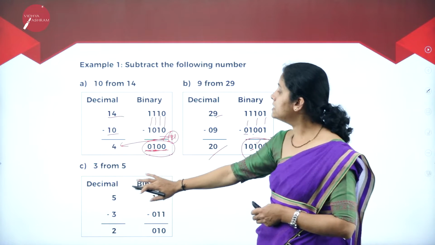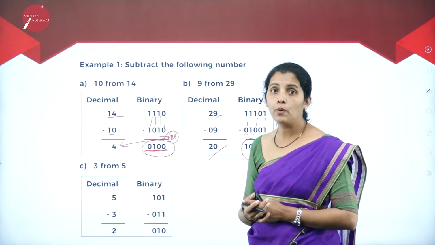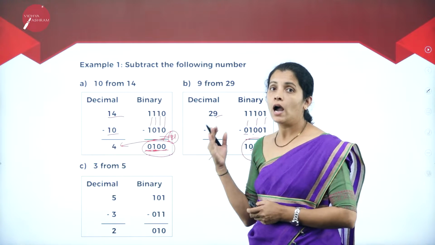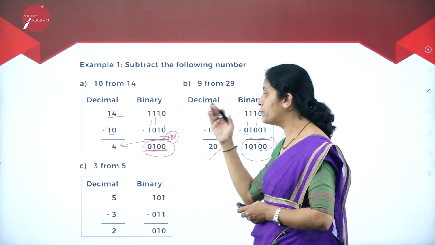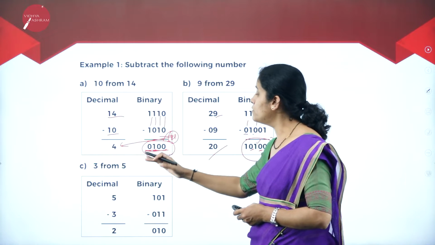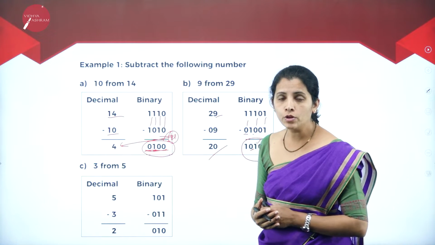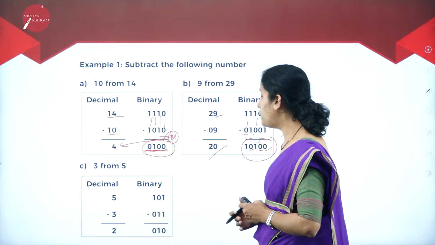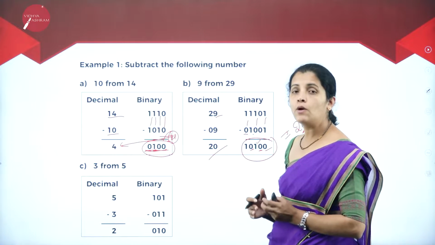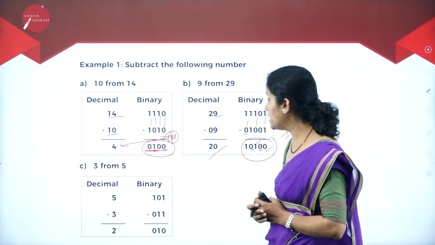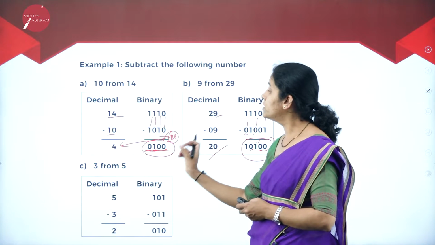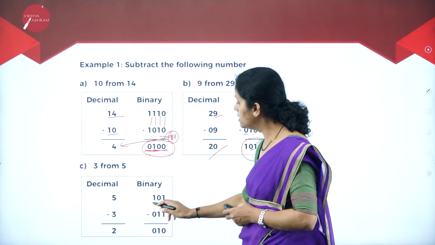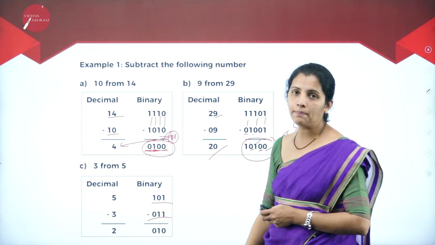Now, if I consider the example that I want to subtract 3 from 5. What I want to do? I want to subtract 3 from 5. So, I'll write 5 minus 3. What's the output? I'm going to get that is 3. Now, I'm going to write the binary equivalent. Now, how can I write the binary equivalent? For that, I'm going to divide that decimal number by 2. And this is my binary representation.